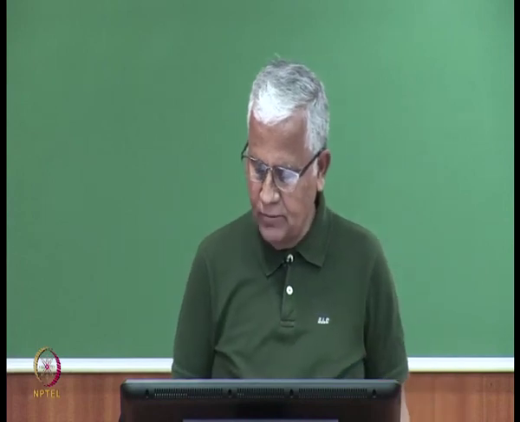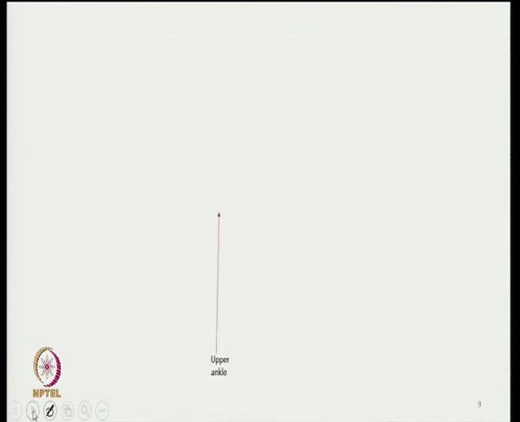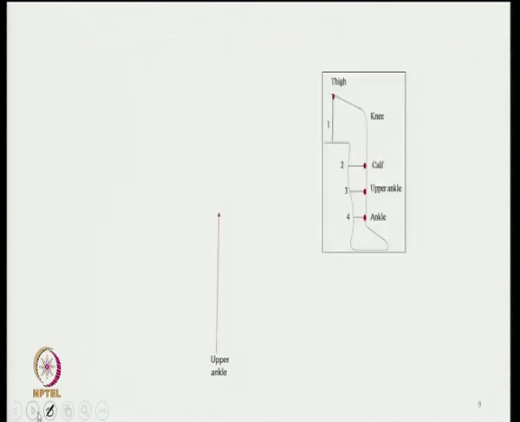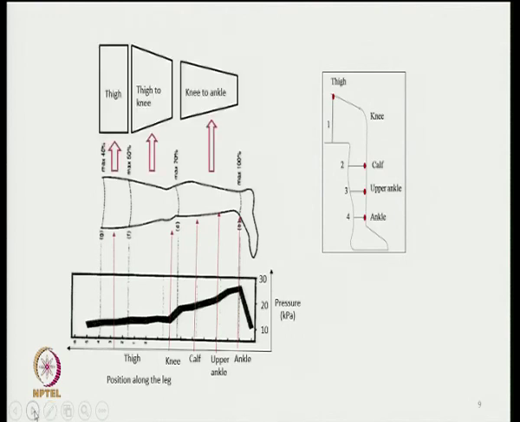So, there is a diagram on the right hand side just to show where is the ankle. This is called upper ankle, calf, knee and thigh. Okay. Now, how to go about it, that is what we will be now doing. Now, what we are doing in this diagram is that we can divide